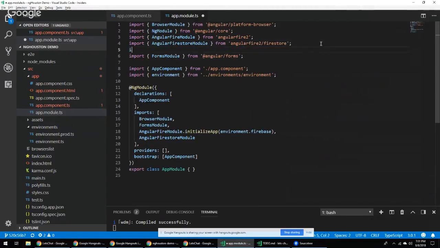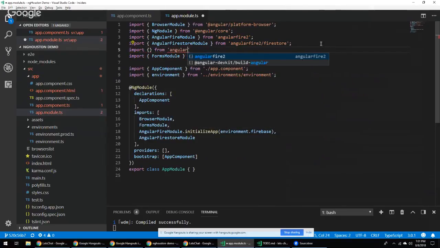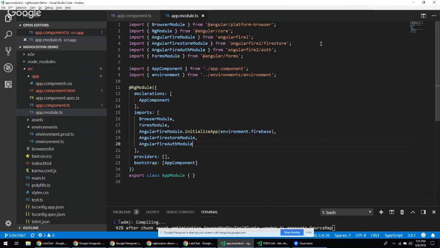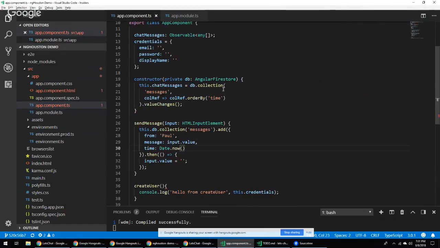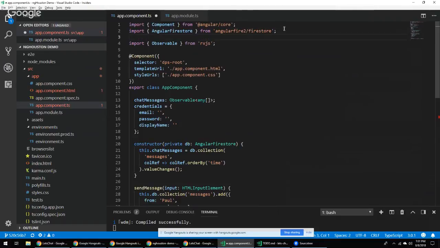So up here, I'm going to now import from Angular Fire 2/auth. You can probably guess what the name's going to be, but sure enough, we have an Angular Fire auth module. I want to drop that in as well. What this will do is expose to us a second service that is all about FireStore's authentication. And so back in our component TS, just as we brought in FireStore,